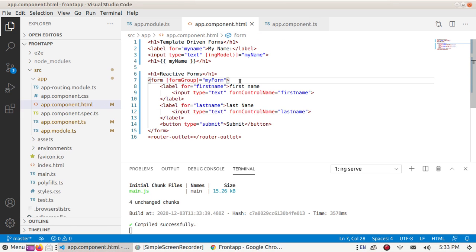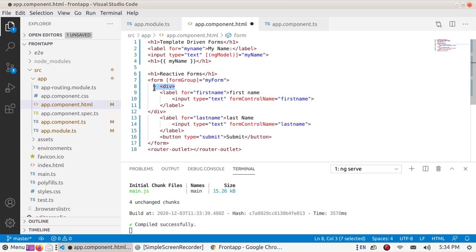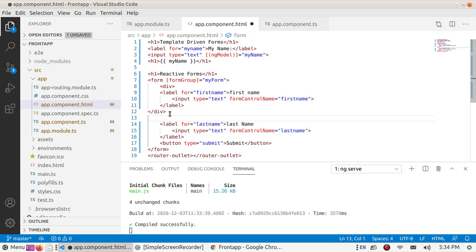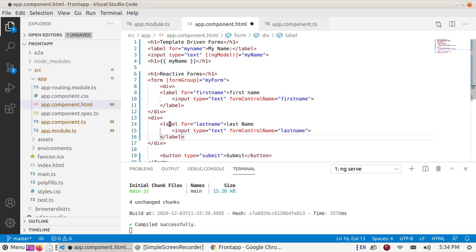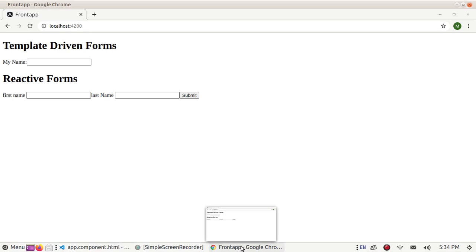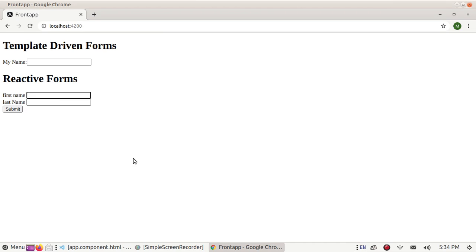We can use a div. Save this again and reload. Okay,